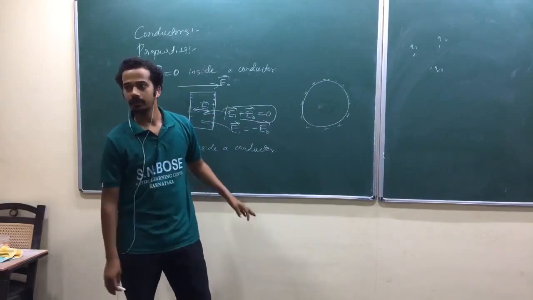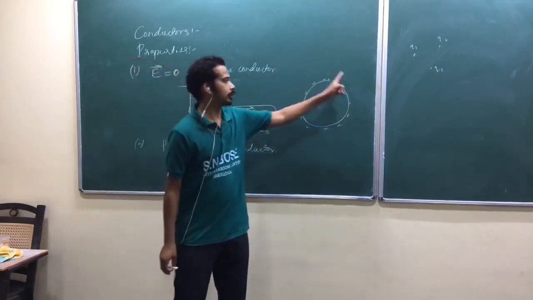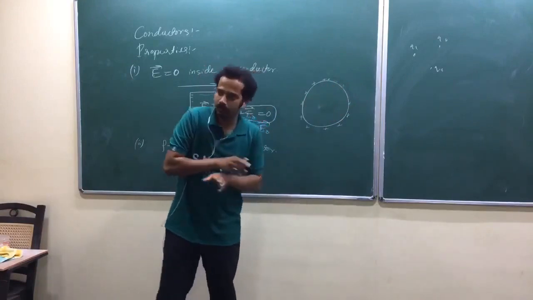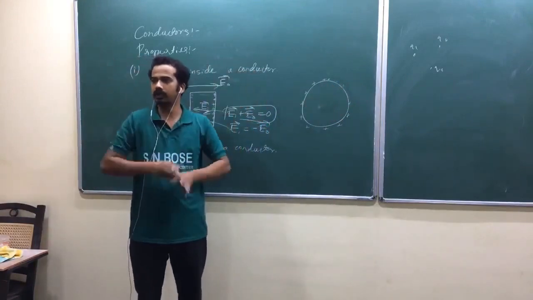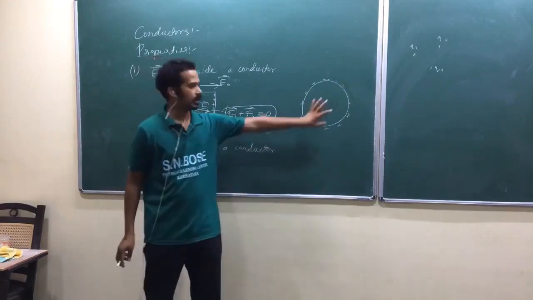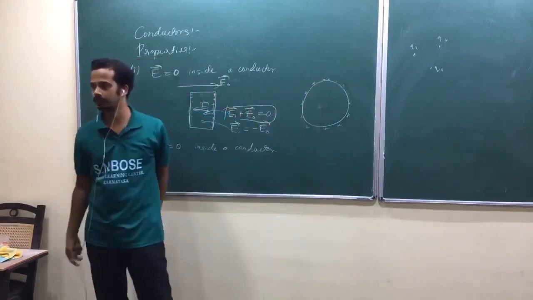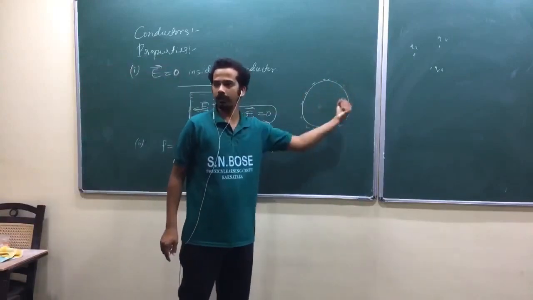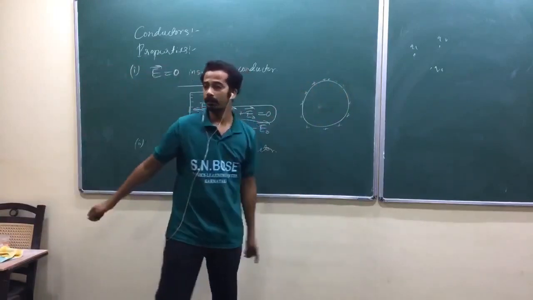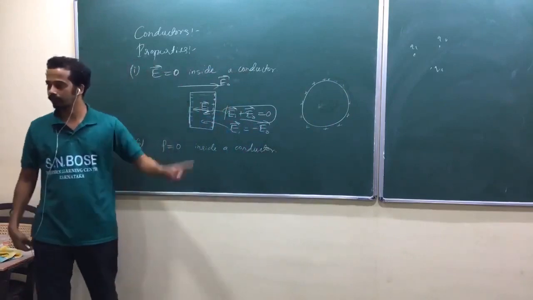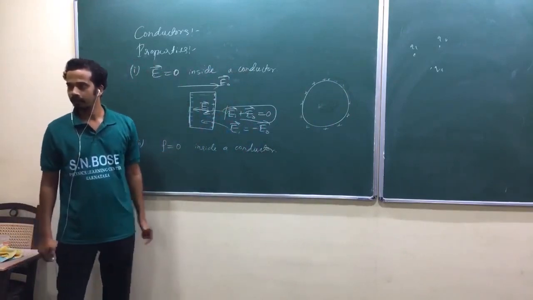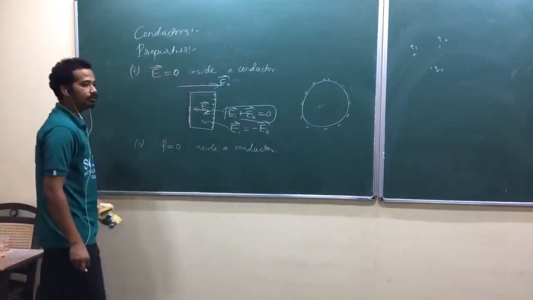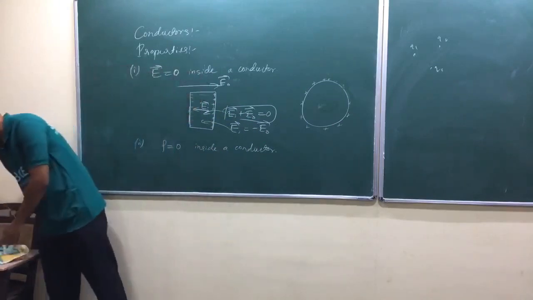I mean, if you try to induce some volume charge, it will move out to the surface. That's how the process will happen, but that is actually instantaneous for an ideal conductor. Once they move out to the surface, they will not come back again. Remember, that is the least energy condition. Let me show that one.